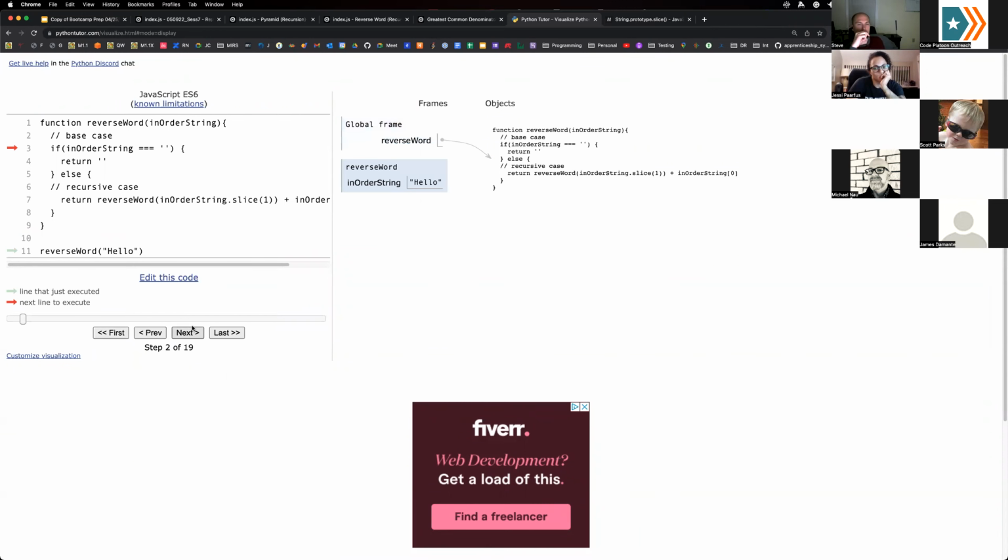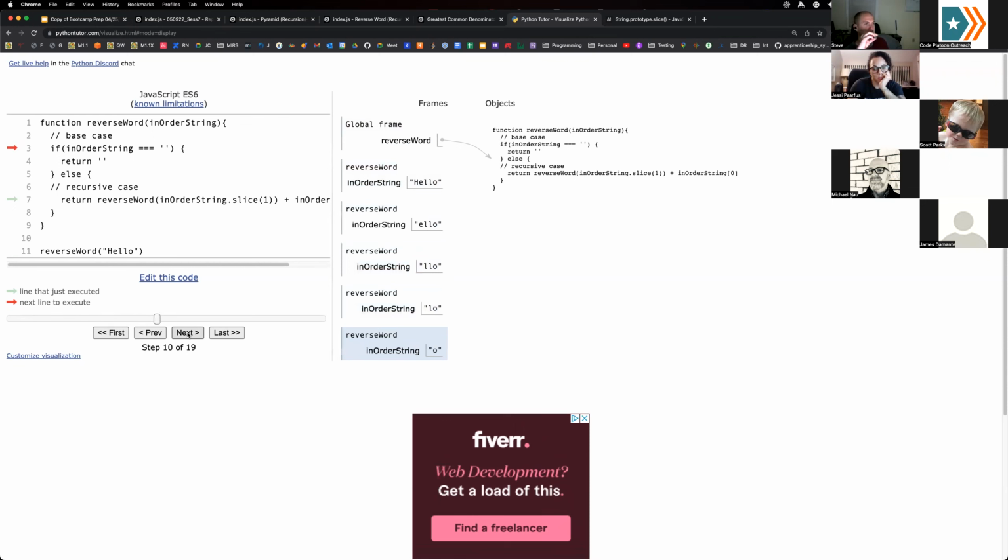So we come in, we load the function into memory, we get down here, we call the function, we hit our base case. inOrderString is equal to hello, is not equal to an empty string. So we'll skip over our base case, we'll go down here, right? And now we see we call inOrderString a second time, missing the H, missing the L, missing the O,